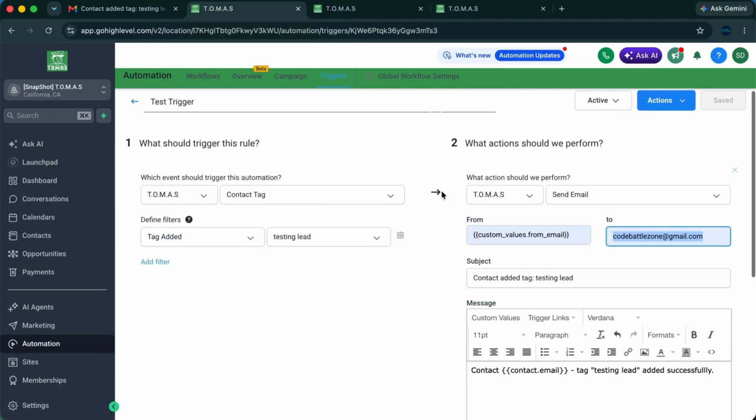So what we have done is send an email when a contact is assigned the testing tag. So this is a single-step feature that we needed. That's why we have used a trigger. So now the question is, what are the differences